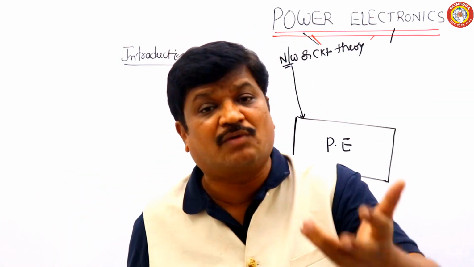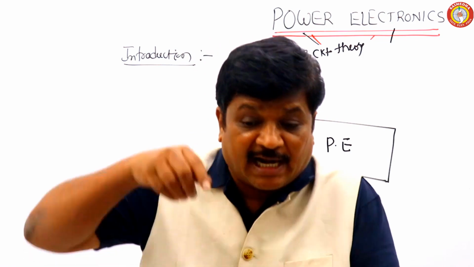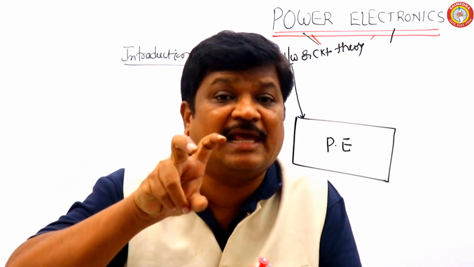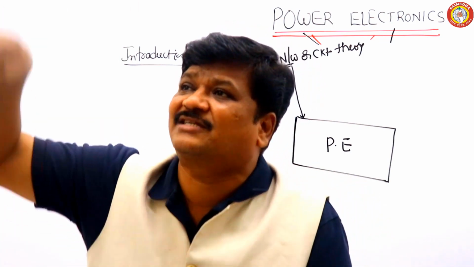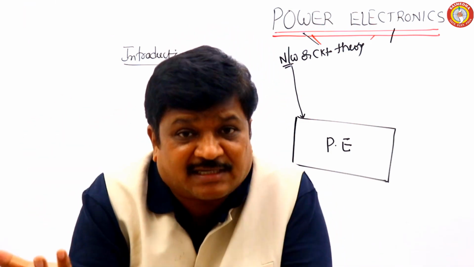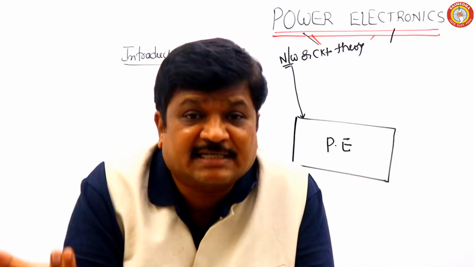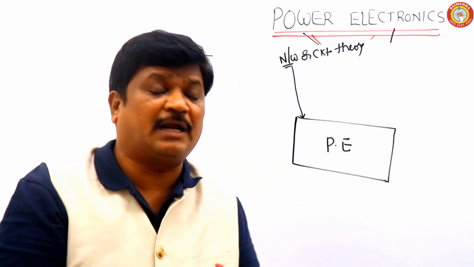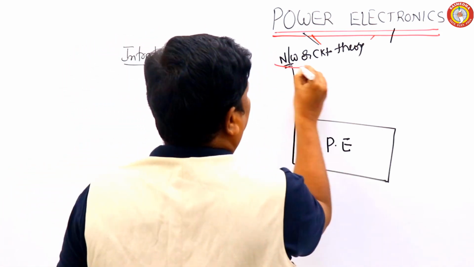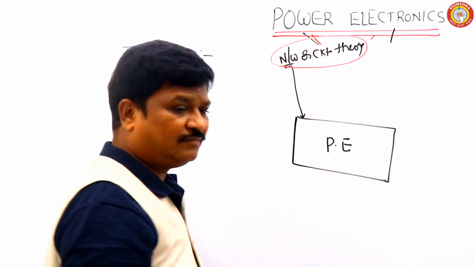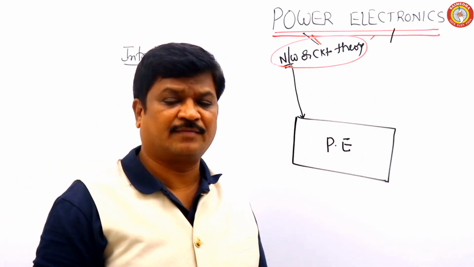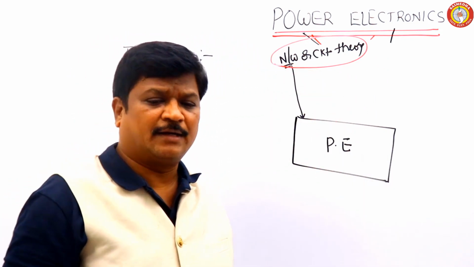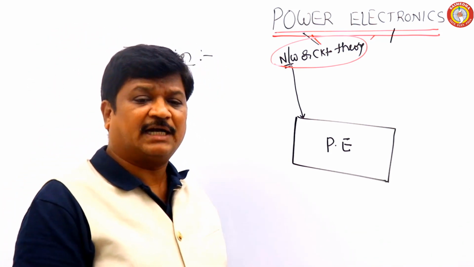Not only that, you also require transient knowledge. Suddenly when a switch is closed in an LC circuit, it provides oscillations. How those oscillations occur, how the resonance condition takes place, when the current becomes zero, all those fundamentals we can get from network theory itself. Are you okay or not? Now, after this network theory,